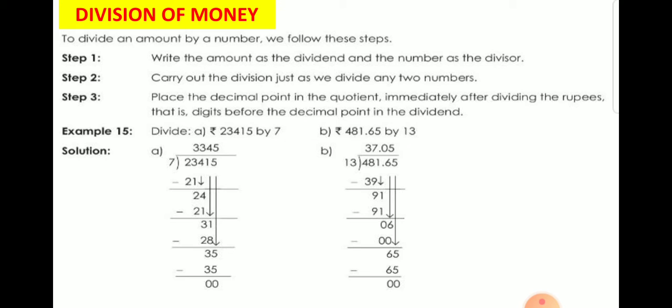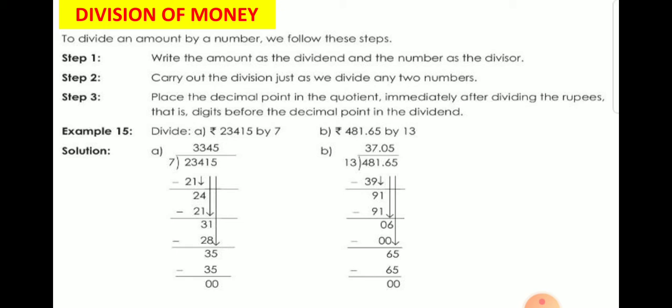Division of money. To divide an amount by a number, we follow these steps. Let us see what are the steps. Step 1. Write the amount as the dividend and the number as the divisor. Step 2. Carry out the division just as we divide any two numbers. Step 3. Place the decimal point in the quotient immediately after dividing the rupees, that is, the digits before the decimal